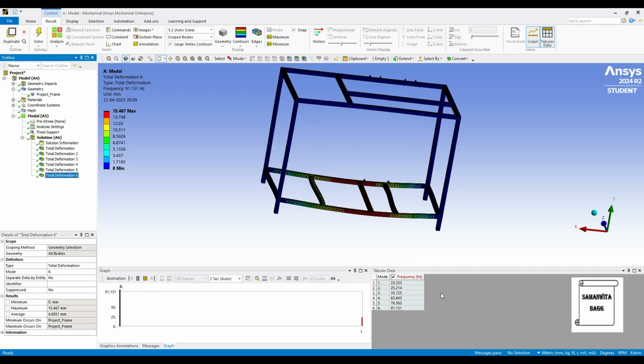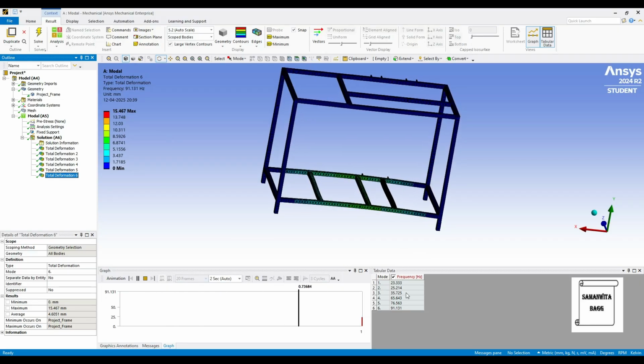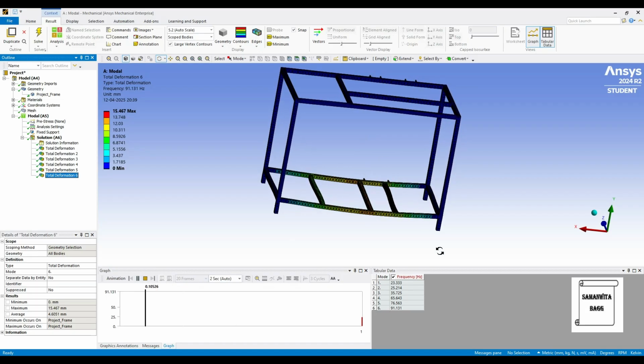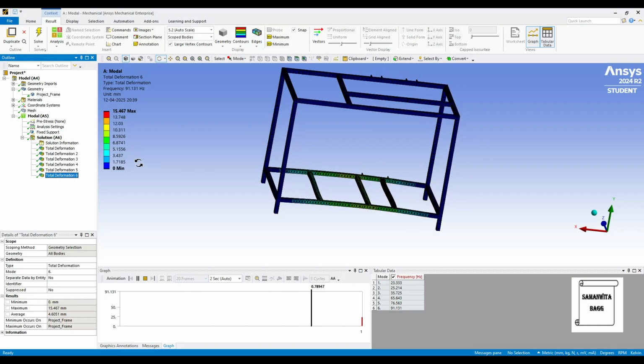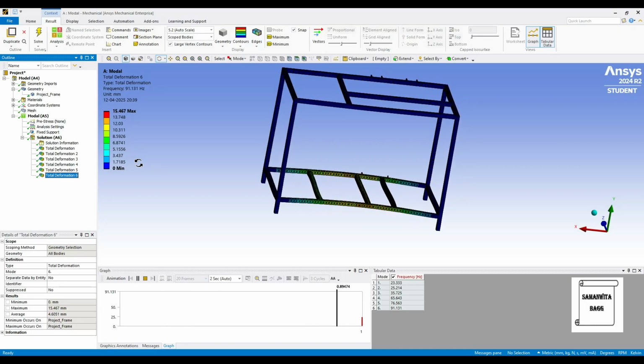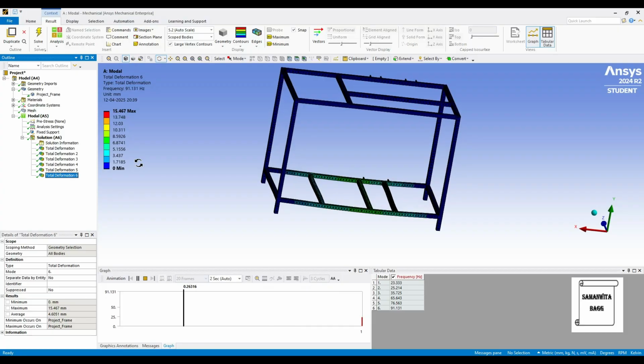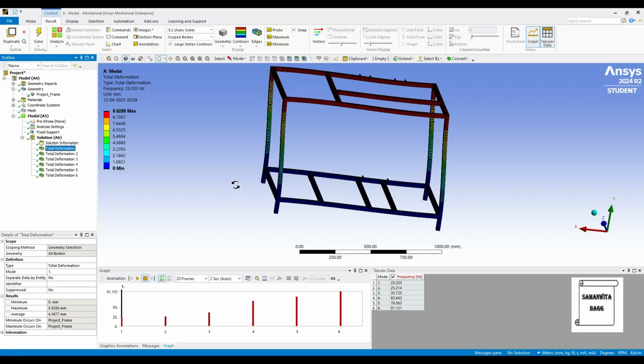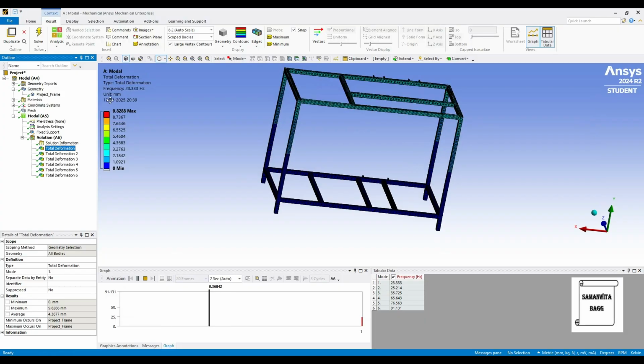So the frequency and deformation relation is to be noticed here. There is no direct or linear relationship here, but with the pattern of motion, the value of frequency and the corresponding deformation, you can understand that if this project frame comes in contact with any moving object, the natural frequency I'm talking about, say the object which is causing some external disturbance has a frequency of 23.33 Hz, which is tapping this natural frequency of the body, then in that case you will see the first deformatory motion like this of this amplitude.